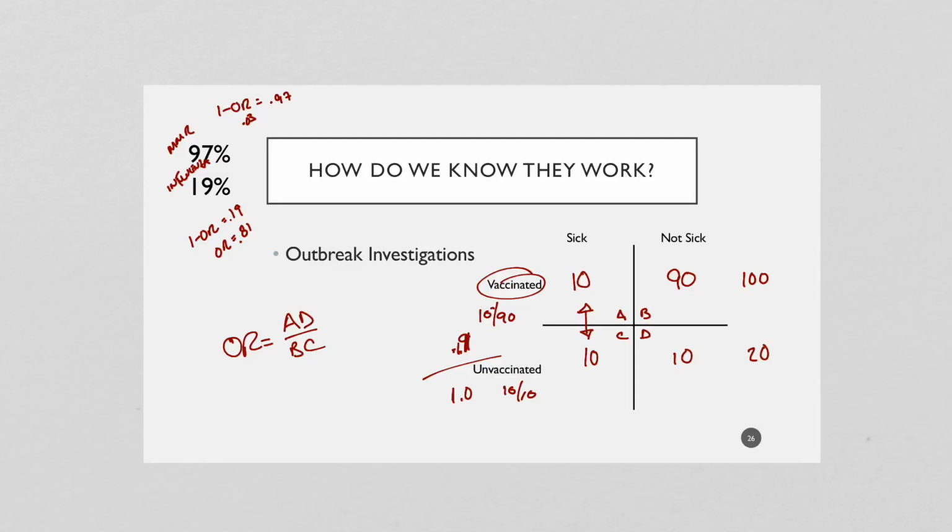So our odds ratio is 0.11, meaning that if you were vaccinated, you have about 89% less odds of being in the epidemic than if you were unvaccinated. And you can see we can do our little formula: 10 times 10 divided by 90 times 10, which is equal to 100 over 900, which is equal to 1 over 9, which is equal to 0.11. And so when we're looking at the effectiveness, in this case, we can say that this vaccine was 89% effective at preventing you from being in that epidemic.